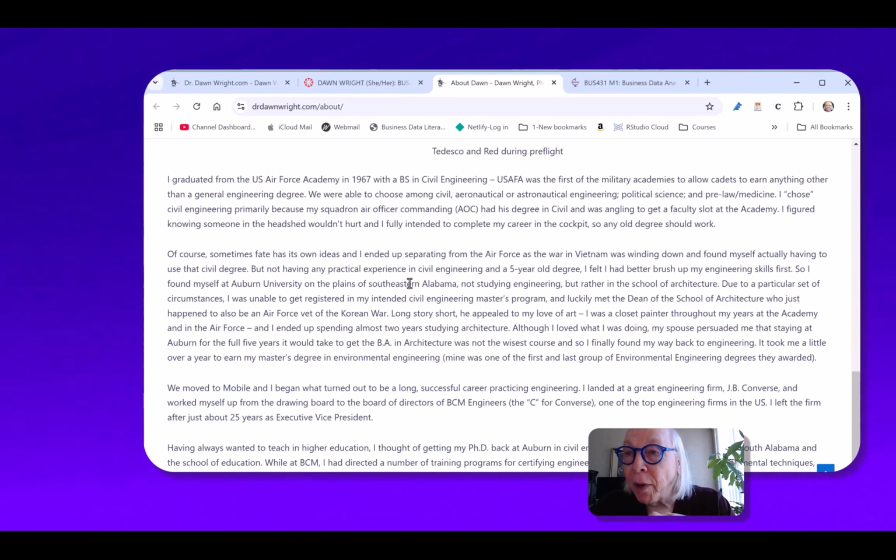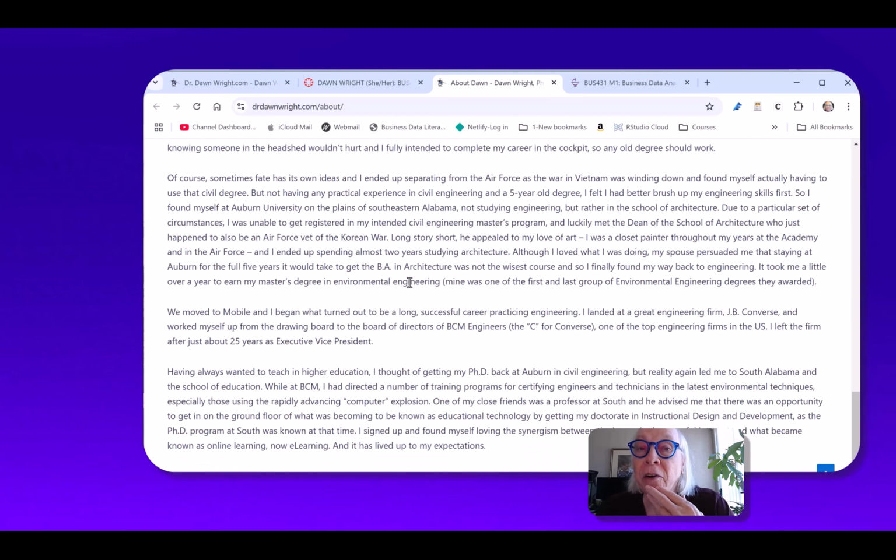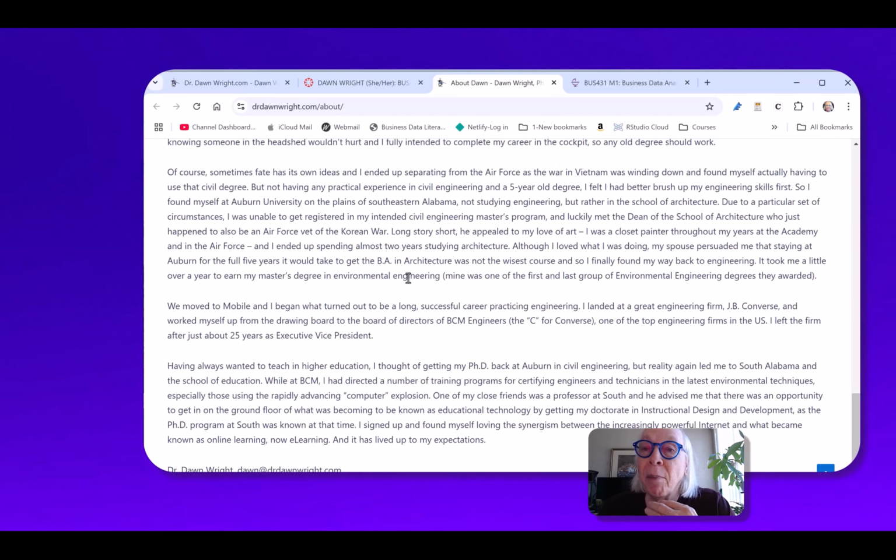I got sidetracked into the School of Architecture. I like art, and I wanted to be an architect, but it didn't work out. My partner in life wanted me to get a real job, and so I went back and finished up a master's in environmental engineering, civil engineering, and moved to Mobile, Alabama, where I worked for a great engineering firm, J.B. Converse,